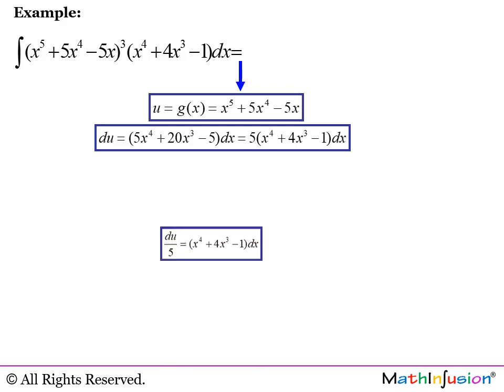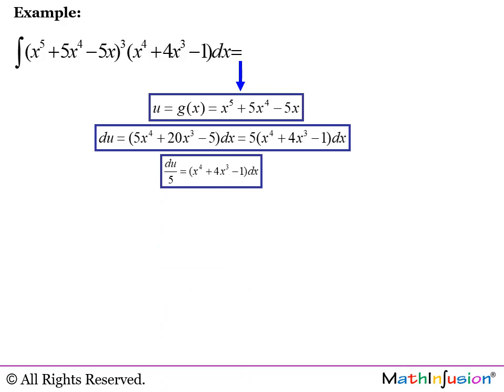But when I'm looking at the left over there, I definitely have only 1/5 of that, because I have only x to the 4 plus 4x cubed minus 1 times dx. So the constant here is going to be 1 over 5. If you see, the function now is going to be u to the power of 3 du,